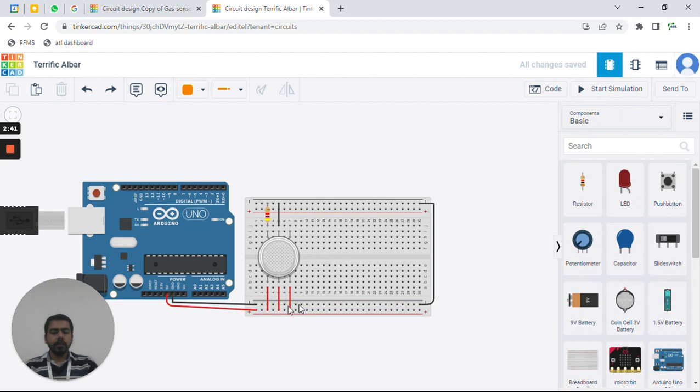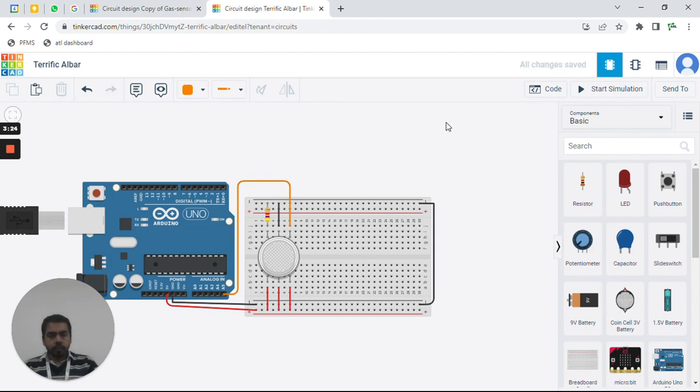So you can see we have just done the connection. We can directly connect this ground with that one also, but generally we should not make that many connections. If we have to connect the 5 volt, we can connect from here. If we do the connection side by side, it looks cleaner and is easier to use. Now, as in the previous session, connect the A2 of the sensor with any analog pin. I have connected it with the A5.